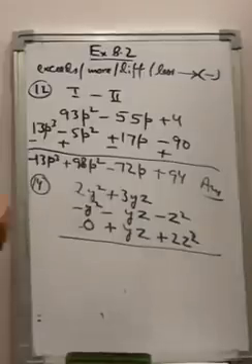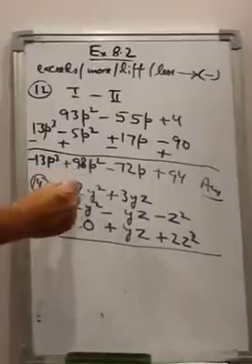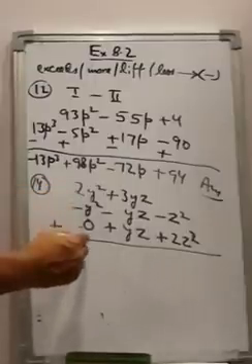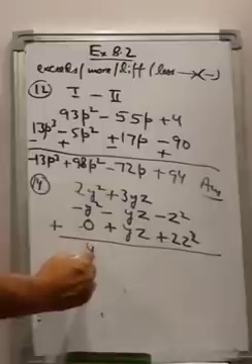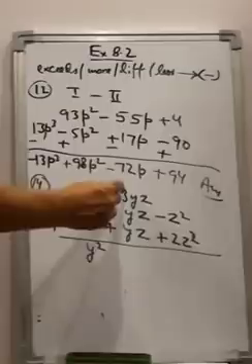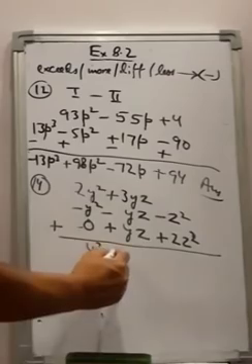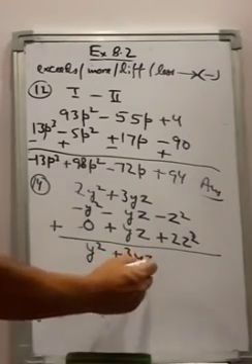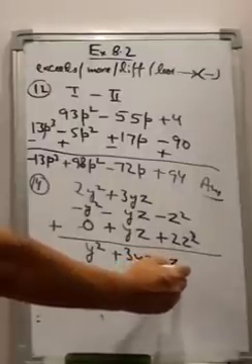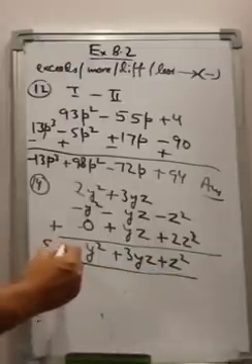Now all these are getting added. So 2 minus 1 and plus 0. 2 minus 1 is 1, 1 plus 0 is 1. So 1 y square. 1 we don't write, so we write y square here. 3 plus 1 is 4 and 4 minus 1 is 3. So it is 3yz. And minus 1 plus 2 is plus 1 z square. So plus 1 we don't write. So this is sum 1, right?